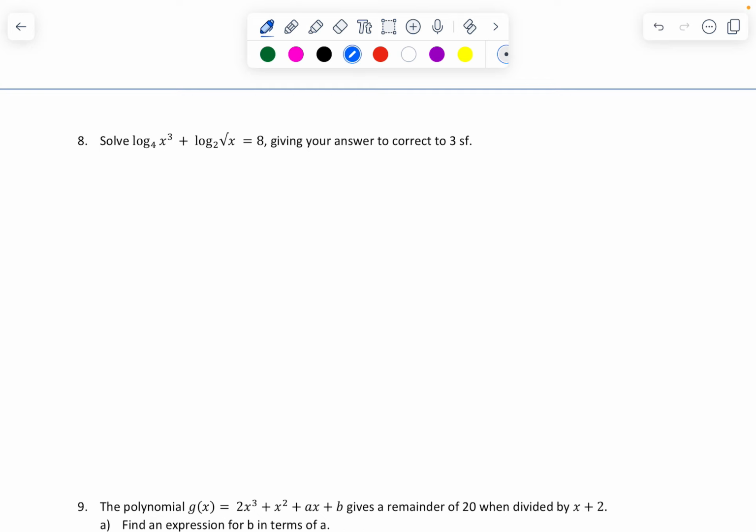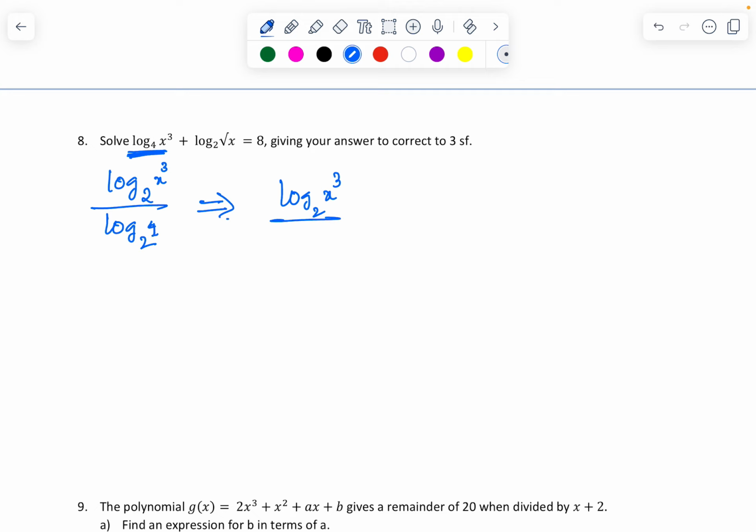Question number 8, log. Solve log base 4 of x cubed plus log base 2 of square root of x equal to 8. I will change everything to log base 2 first. How do I change to log base 2? The top number must be in the numerator and the bottom number must be in the denominator. So this gives me log base 2 of x cubed over